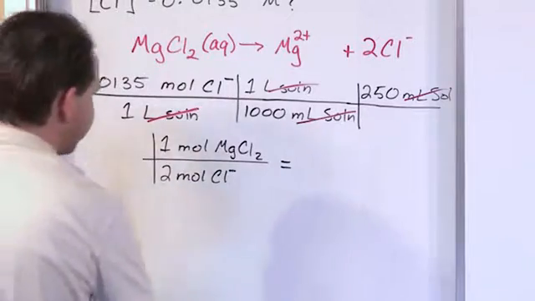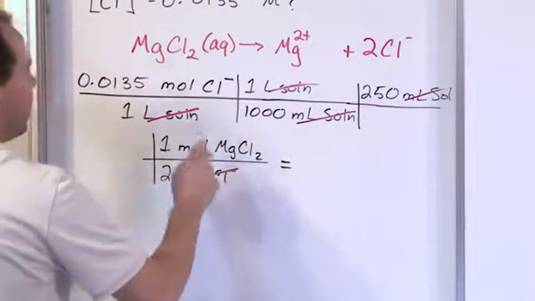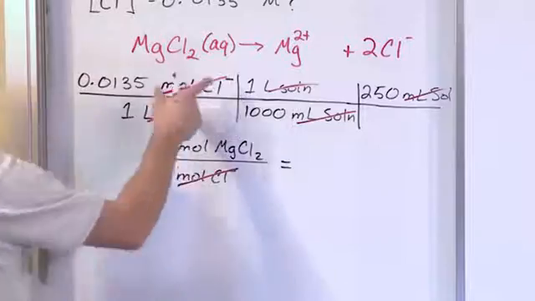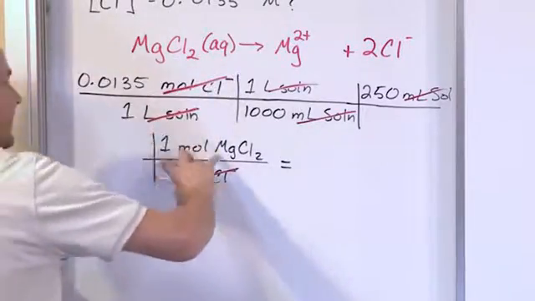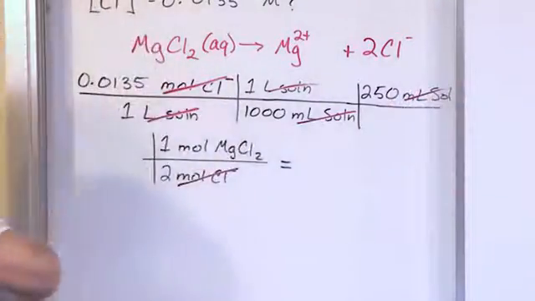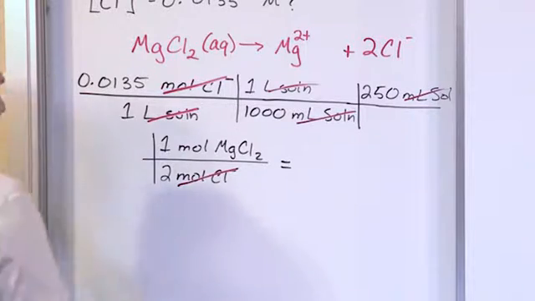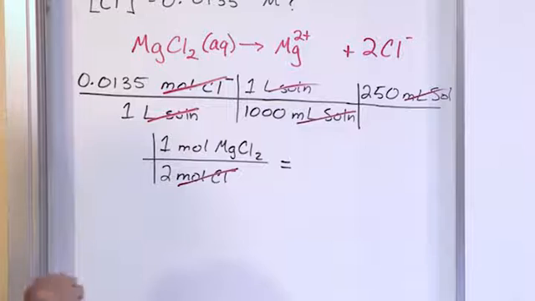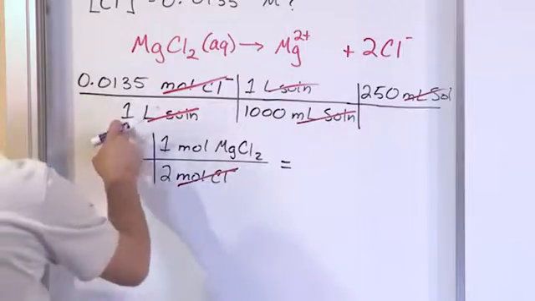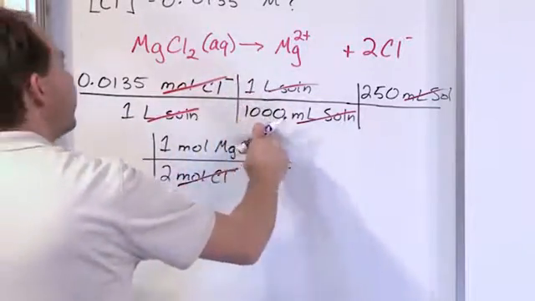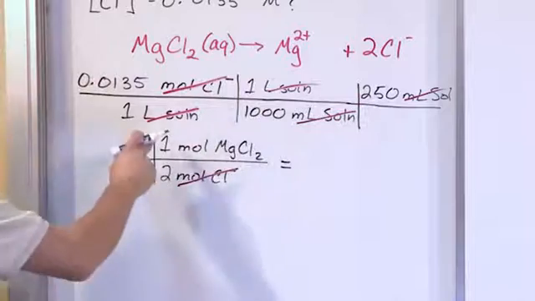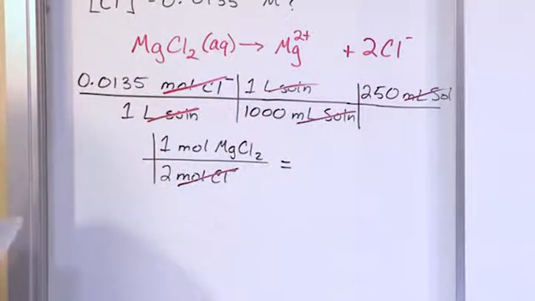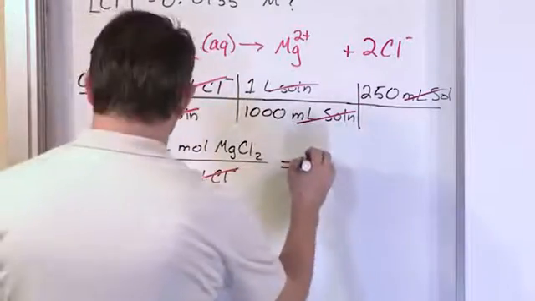Let me go ahead and cancel this guy. Moles of chlorine on the bottom cancels with moles of chlorine on the top. This is on the top, this is on the bottom. You got to imagine this is kind of stuck on the end over there. So the only unit I have left is moles of magnesium chloride. So if I take 0.0135, divide by 1, multiply by 1, divide by 1,000, multiply by 250, multiply by 1, divide by 2, then what I'm going to get is